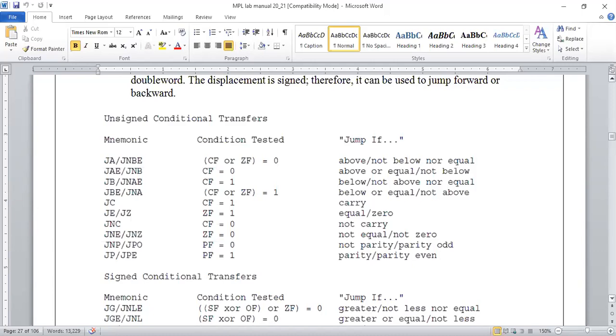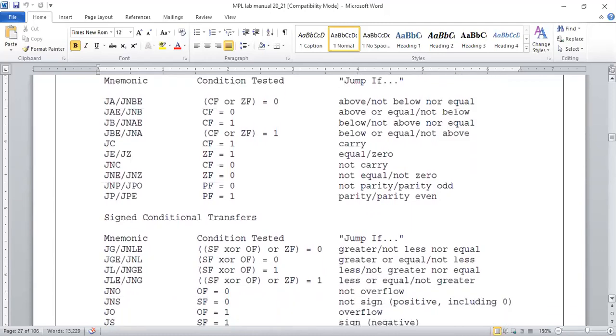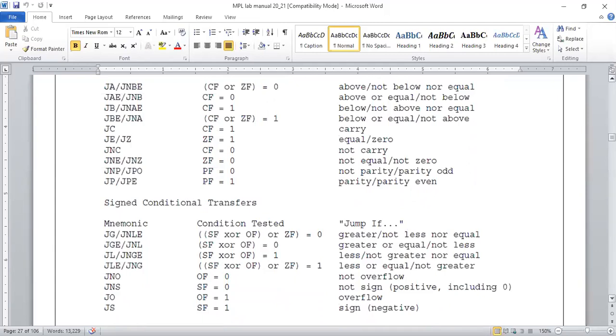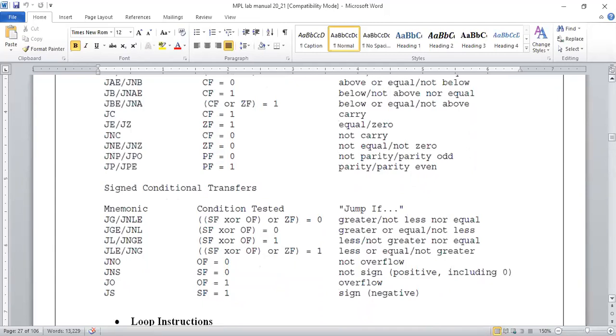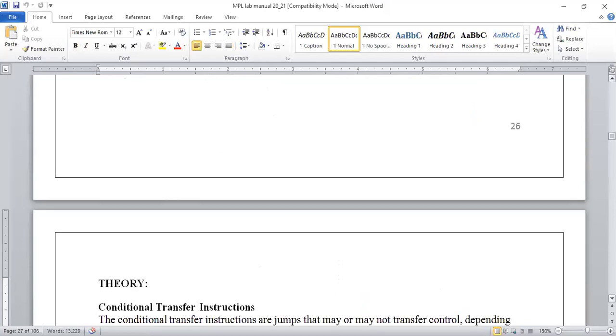Again, it will be an unsigned conditional transfer, and the same is applicable for signed conditions, right? So here we need to think when we are performing mathematical operations, or generally for any numerical operation, if it is considered with respect to the sign bit, it will be better for getting an accurate result. To perform the mathematical operations properly, these need to be done properly.